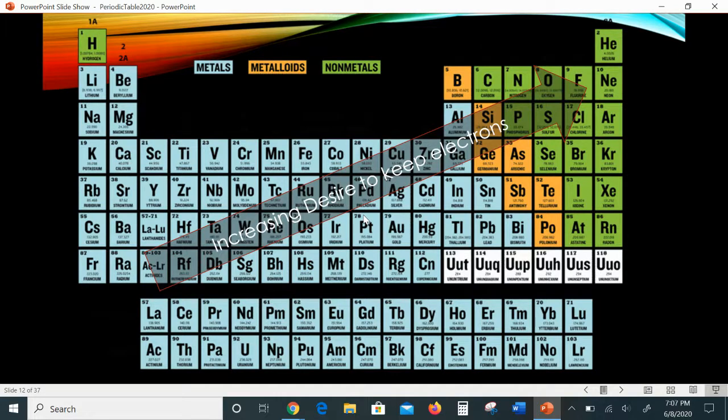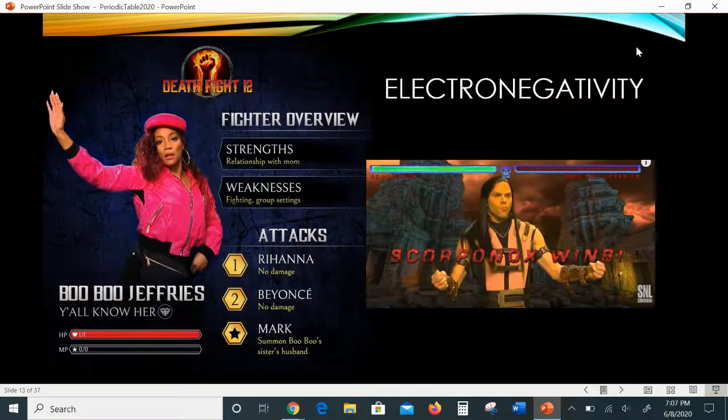Okay, so if everything wants to be like a noble gas and electrons, the more electrons you have, the more blocking can occur. It should make sense that the most desirable atoms for their electrons would be up in this corner because they have few rings and they're very close, or they are noble gases. So, increasing desire to keep electrons. These do not want to keep their electrons, and these do want to keep their electrons. So the trend travels in that diagonal fashion. This is because of increased shielding. Right down here, they have the most shielding. Up here, they have the least shielding.